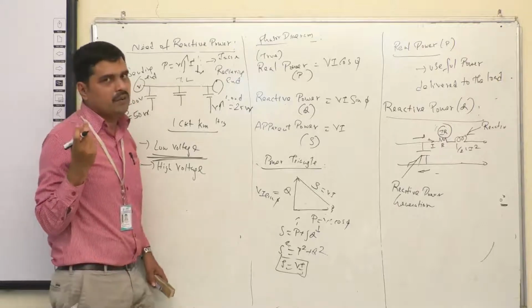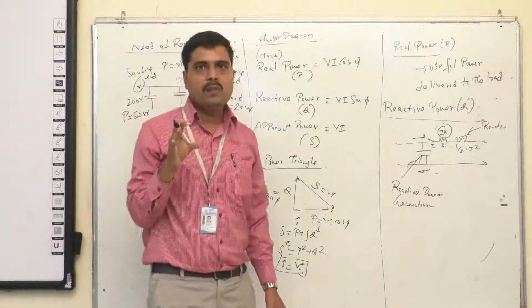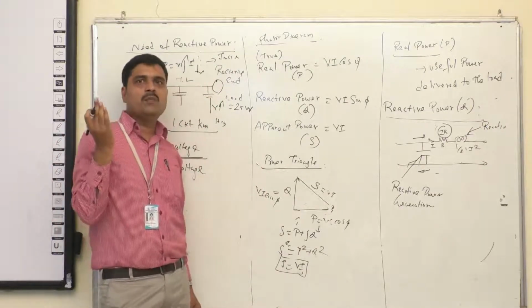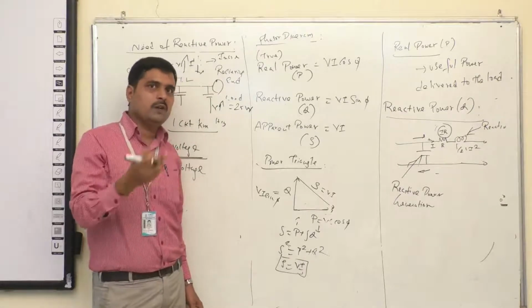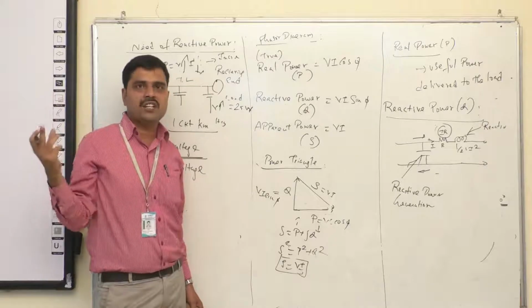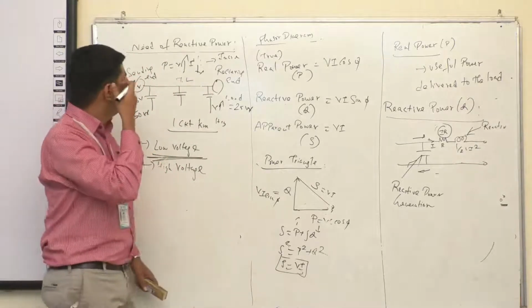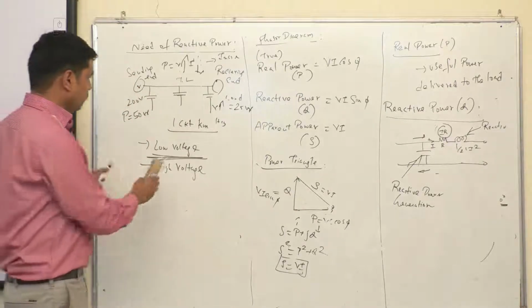The ultimate aim of electricity is that we need to cook properly. If you say in a home there are 5 members, we need to cook only for 5 members. If you cook for 10 members, the food gets wasted. If you cook for one person when there are 5 members, there is a shortage of food. That is called low voltage, and the other is high voltage in this phenomenon. So, this is the need of reactive power.